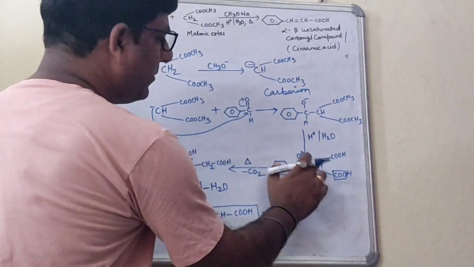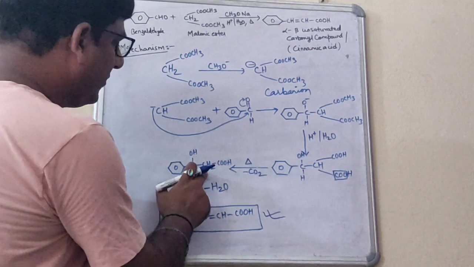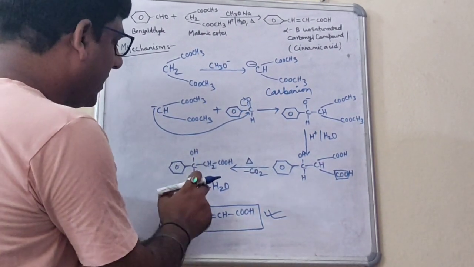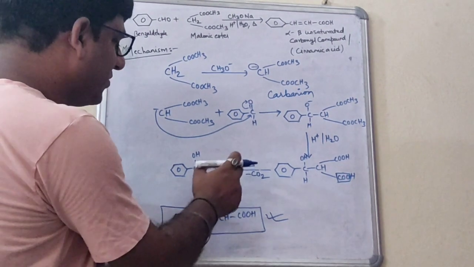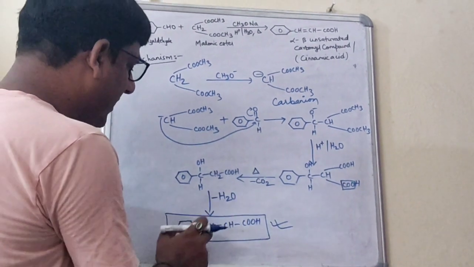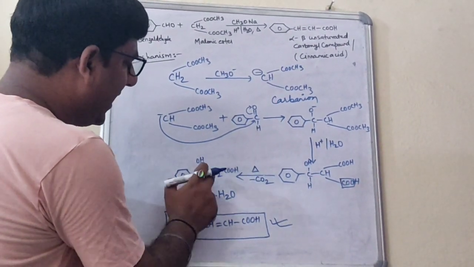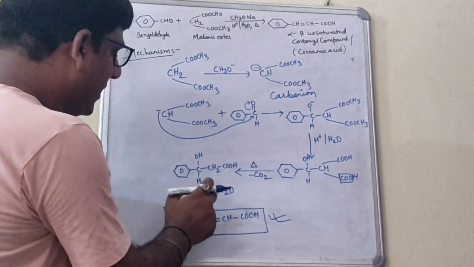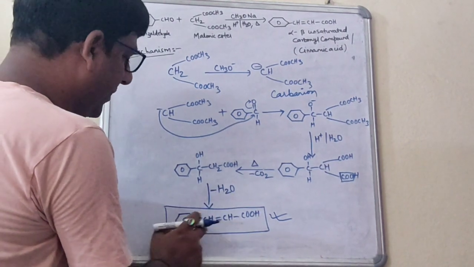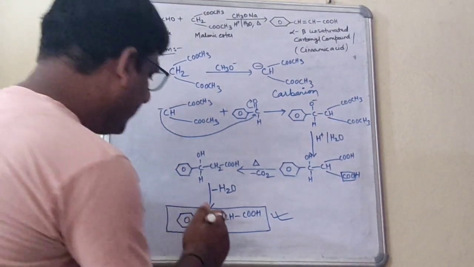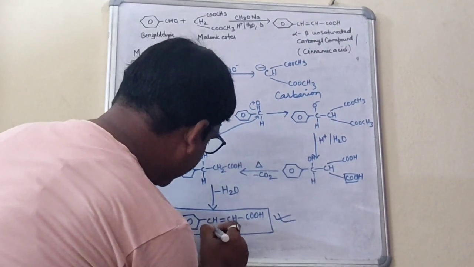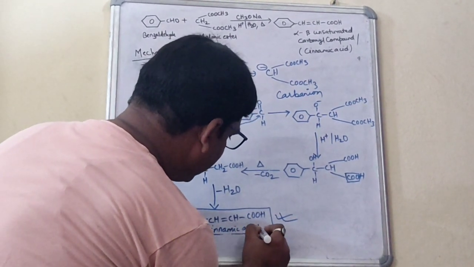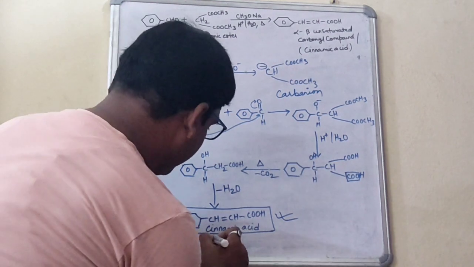One hydrogen will be taken by this CH. So that is what I have written. Now this is the alcohol you have got. Now this alcohol will undergo the dehydration in the presence of heat. Now this dehydration will remove the H from the alpha position, and from the beta position OH will be removed. Means in total a water molecule will be removed to get the final product. And this is what? This is the cinnamic acid. The name of this compound is cinnamic acid, or in general you can say alpha beta